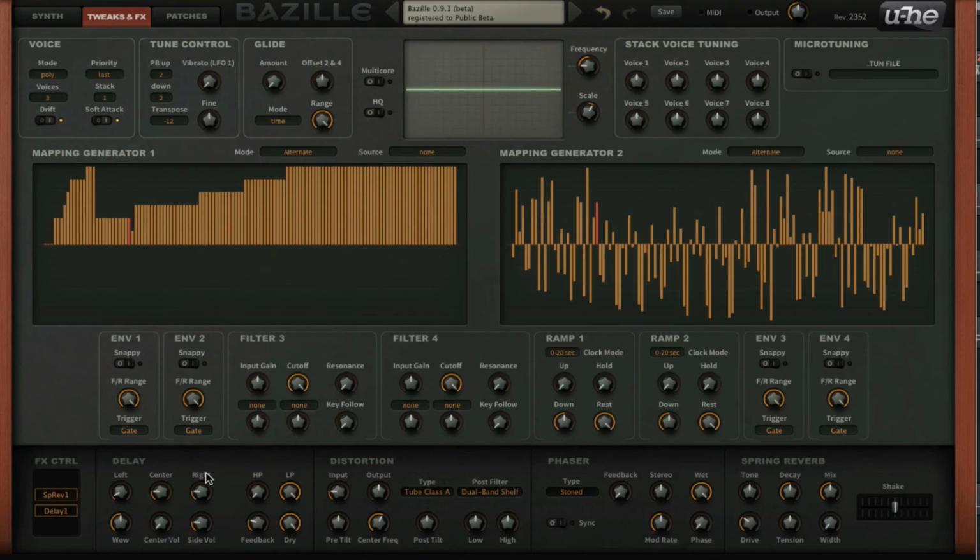One thing I'm gonna do now first is enable the reverb by double clicking it, and I'm gonna raise the decay a little bit, and the width I set that to 100, so it's more stereo, and I set the tone a little bit higher, and the tension can be a little bit higher, and the drive a little bit less. And I'm gonna put that